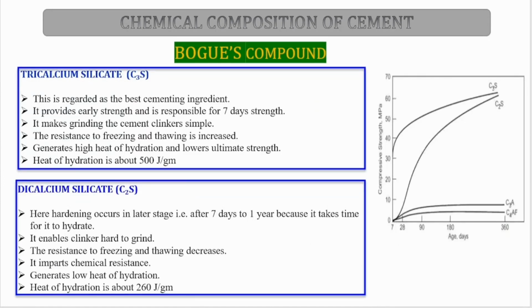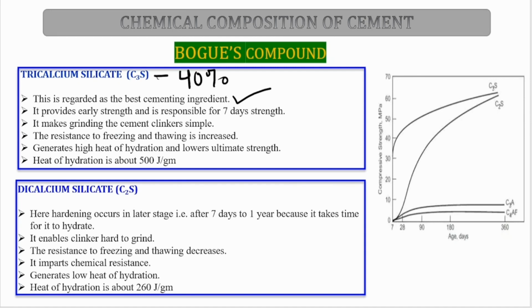Now, let's discuss this. As we have seen in the previous slide, the Bogue's compounds, the first one is tricalcium silicate. We have already seen the percentage. The average percentage of C3S is taken to be 40%. So this is regarded as the best cement ingredient, or we can say the most important clinker constituent that governs